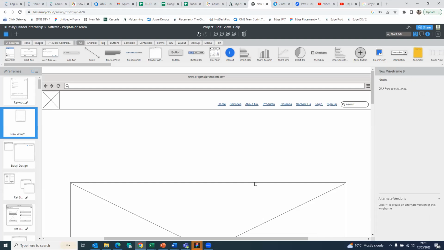Because, number one, you are not a UX designer. Number two, the text is not your acceptance criteria. This does not replace your acceptance criteria. When you start writing inside your wireframe, it moves away from being a wireframe. It now becomes like you are designing a website, and that's not the point of having a wireframe. A wireframe is just a skeletal view, so it gives interpretation to your acceptance criteria, and is not exactly what